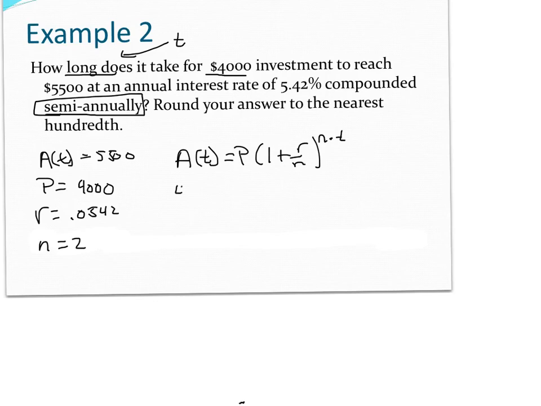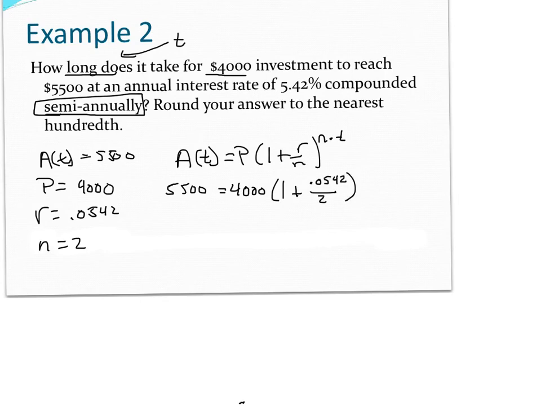So I'm going to plug in what I have. I have 4,000 is equal to, I put the wrong number there. It is 5,500. That's what I'm going to end up with. I start with $4,000. I have some sort of goal. I want to earn $1,500. How long is it going to take me? 1 plus my rate